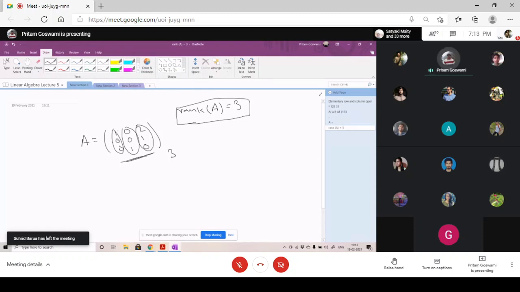These 3 vectors, are they dependent or independent? Oh, they are independent, sir. Dependence is not about a single vector. You can tell a single vector is always linearly independent, but generally whenever you are talking about linear dependence or independence, you have to consider a set of vectors. So here you consider the set of three vectors and check if they are linearly dependent or not. Here they are linearly independent, so the rank is 3. Clear?